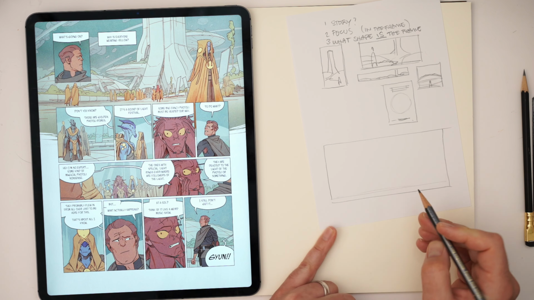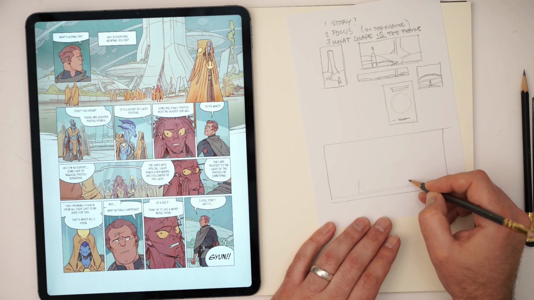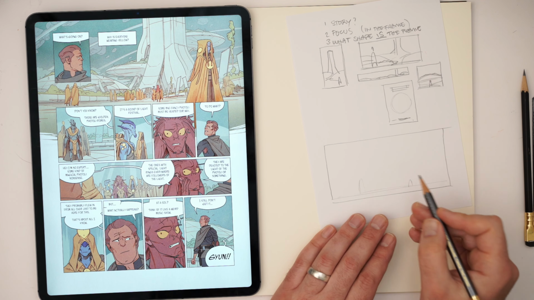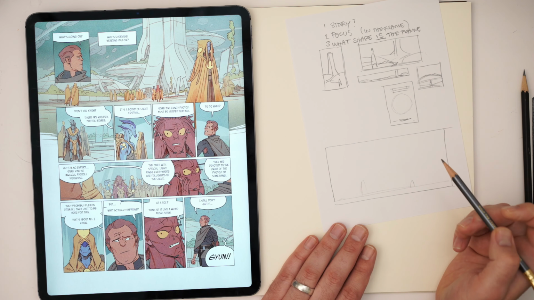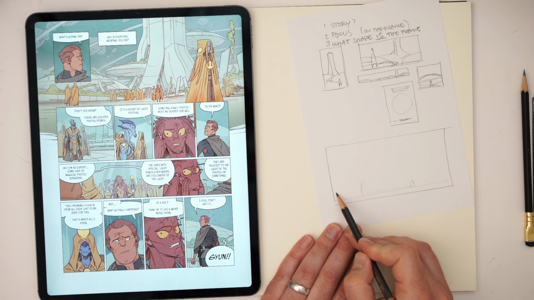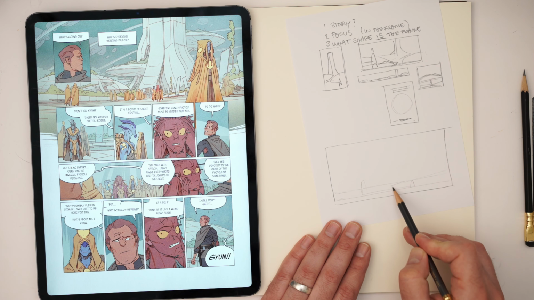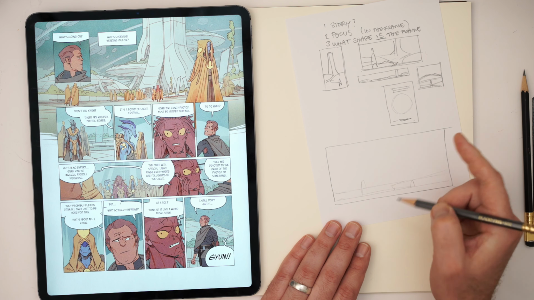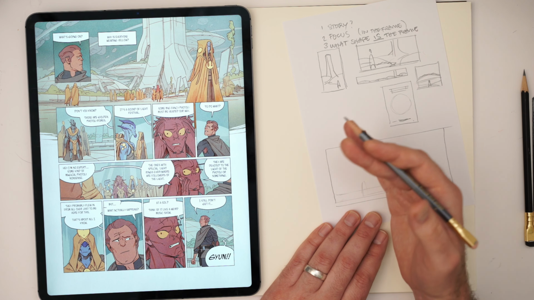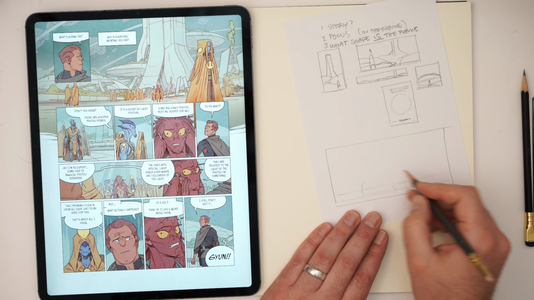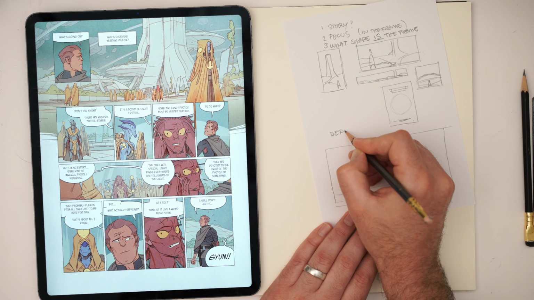So in this case, there might be a few characters here that I'm thinking about, but what I'm really trying to design is looking at this environment from down here. So I'm going to think about what is in the midground first, but what I'm going to try and do is push the depth, right? So when we're thinking about the frame, and we're trying to show this environment, I'm going to push depth